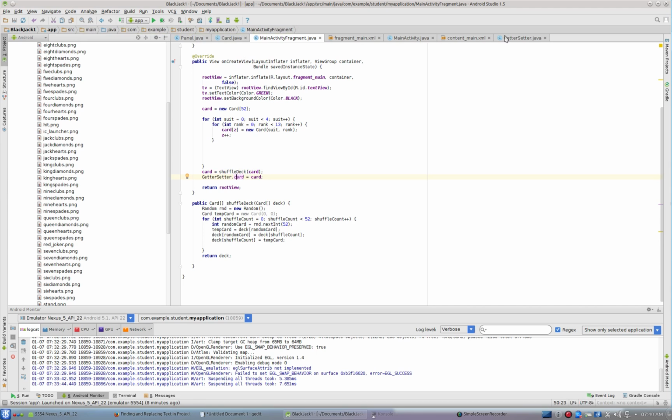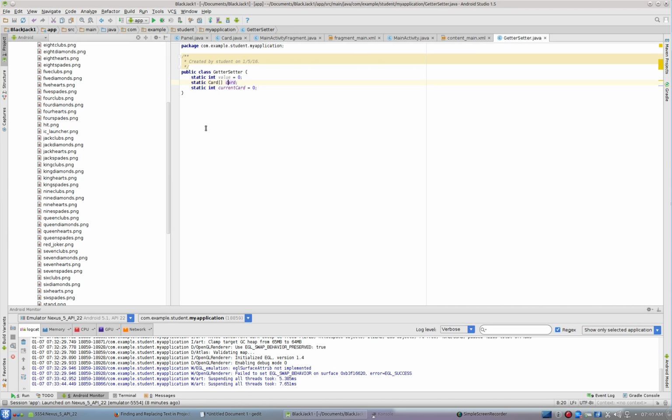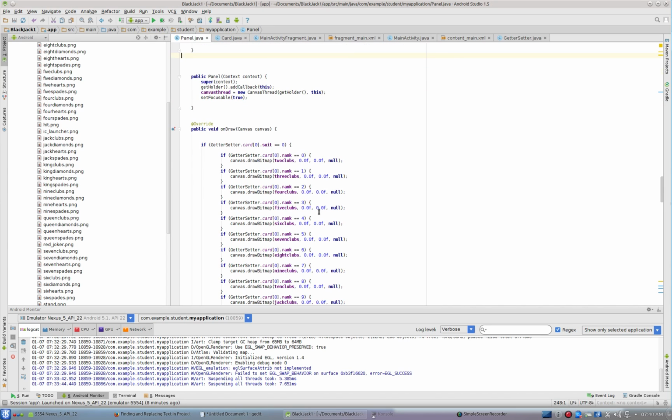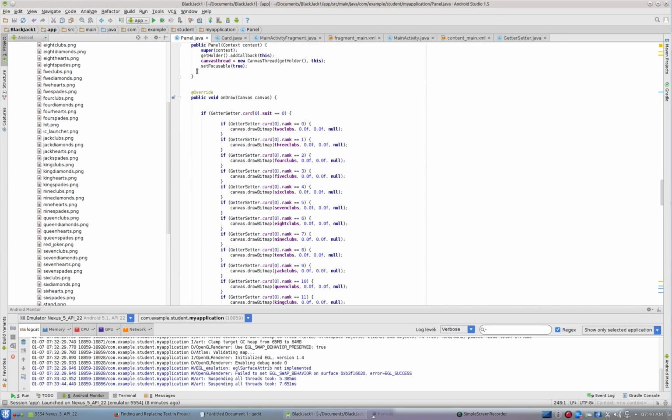Okay, so once we have a copy of our card array inside of Getter-Setter, inside a panel, instead of on draw, we're going to go through and check a few things. And this is going to require some copy and paste. Once you get your first suit done, it's fairly easy to get the other suits in using just find and replace. So I'm going to say if Getter-Setter.card 0, the first card in the deck